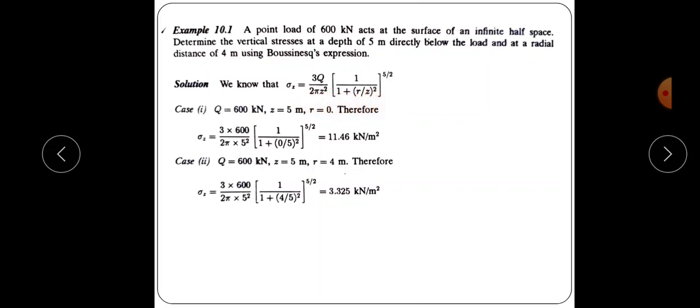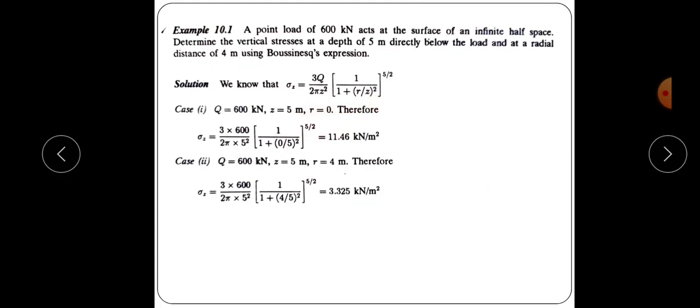So case 1, Q is equal to 600, the point load is 600 kilonewton, given. Z is 5 meter and r is 0. Since the point is directly below the load, r is equal to 0. So substituting these values we will get vertical stress as 11.46 kilonewton per meter square,